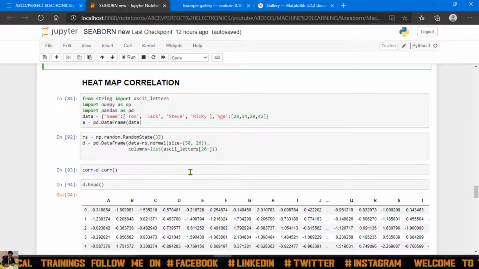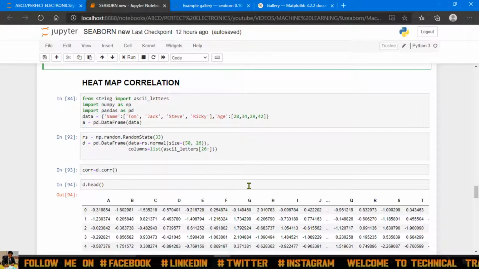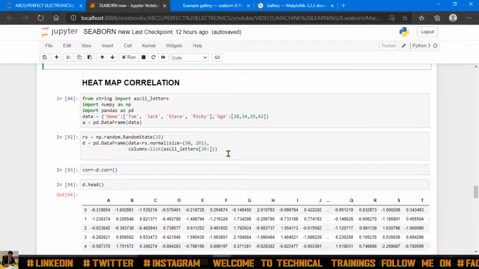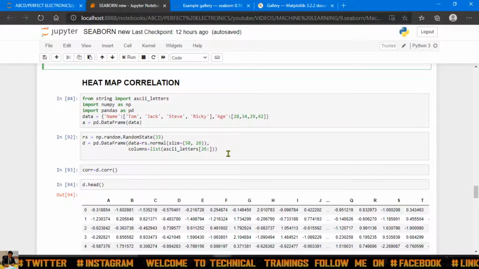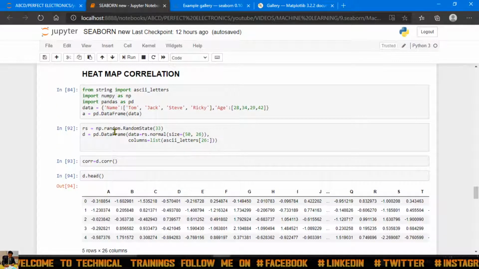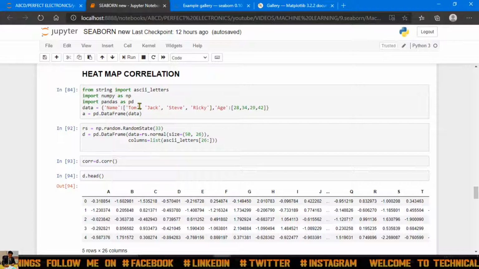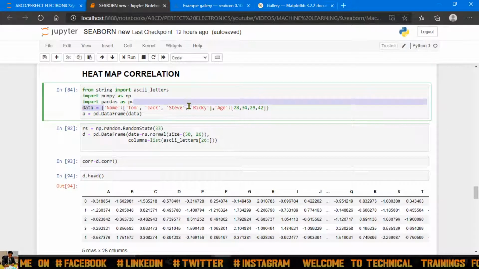So heat map correlation, guys, this is very important for machine learning algorithms and projects. Okay, so I've just taken string format from escalators, then numpy, then pandas, then I've created a data frame over here.